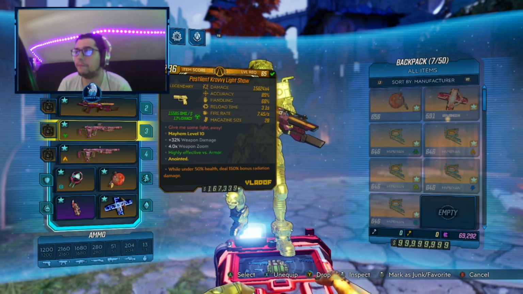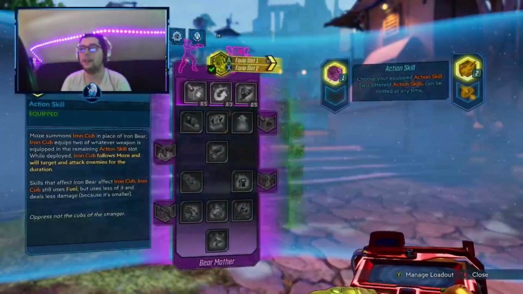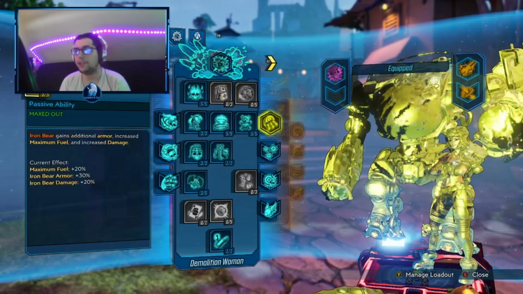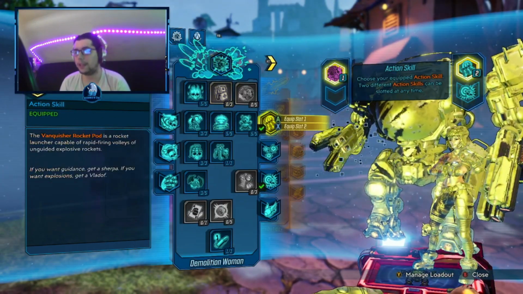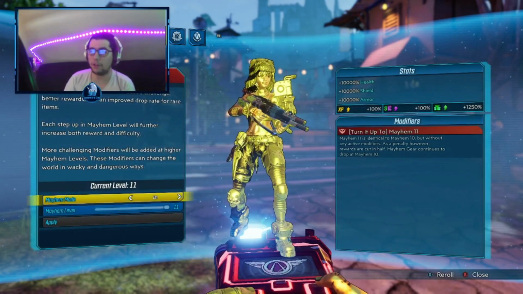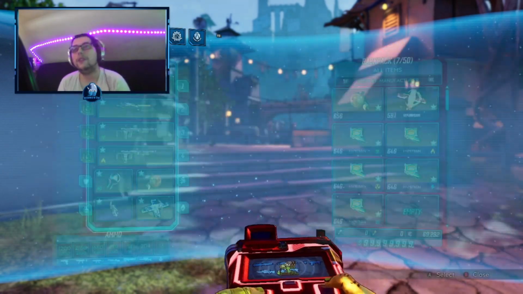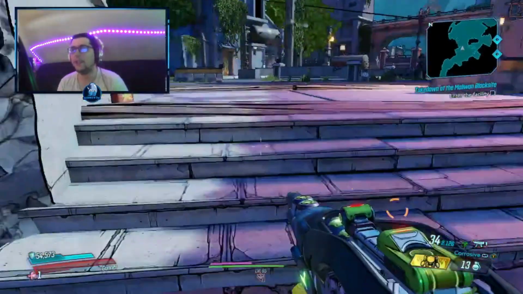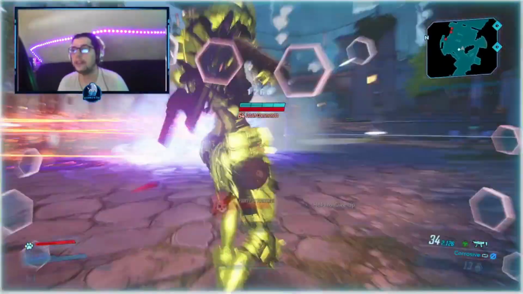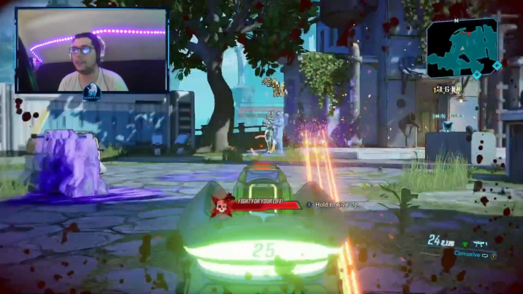And let's keep moving. So in this build we are gonna use the Cub with the Vanquisher Rocket Pod, like that, and also we are not using anymore Mayhem 10, we can go back into Mayhem 11. So with that said, let's go and try it. Let's deploy Cub. We can actually shoot in this build, which is actually great,